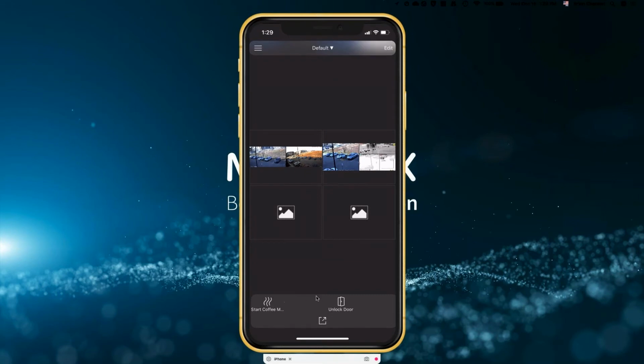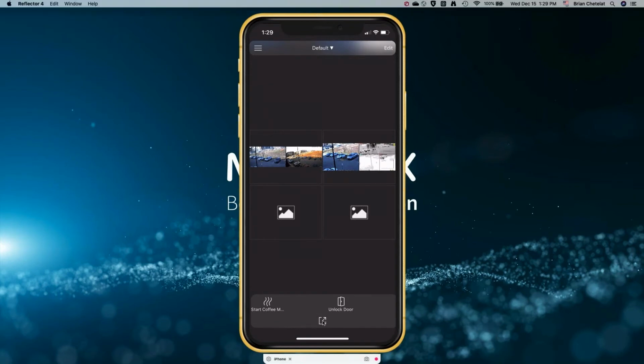If I had 6 or 8 of them in here, this box will expand a little bit and all the soft buttons will show up. There'd be one here, here, here, and they would continue to build depending on the number you had built into your app. Tapping that on your mobile device collapses it again, so that toggles on and off.